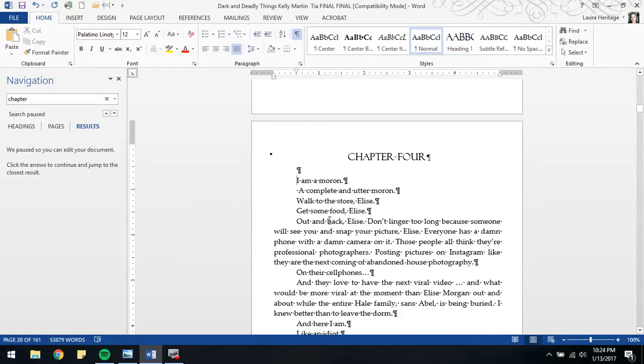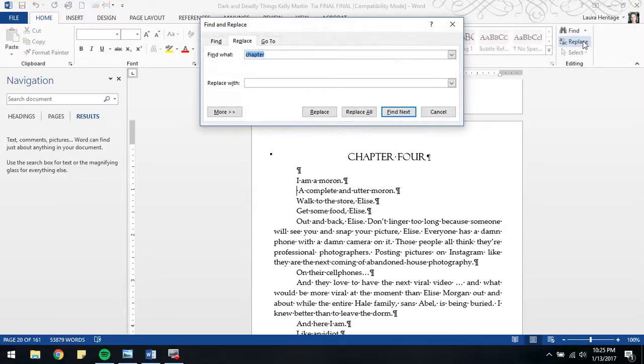Alright, here's a pretty obvious example of where there is a space that shouldn't be. These little dots are symbols of a space, and you can see that there's a dot in between each word. This space at the beginning, or this dot at the beginning, means there is a space at the beginning of this line, and we don't want any of those because it throws off the alignment. So one quick way to just get rid of all of the spaces that you don't want is to use your replace tool. So I click on replace,